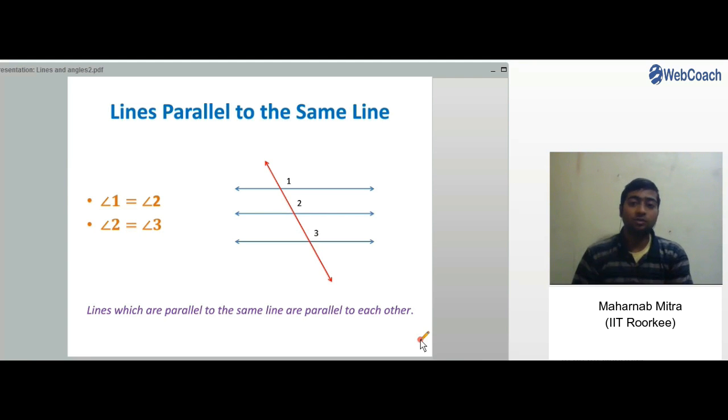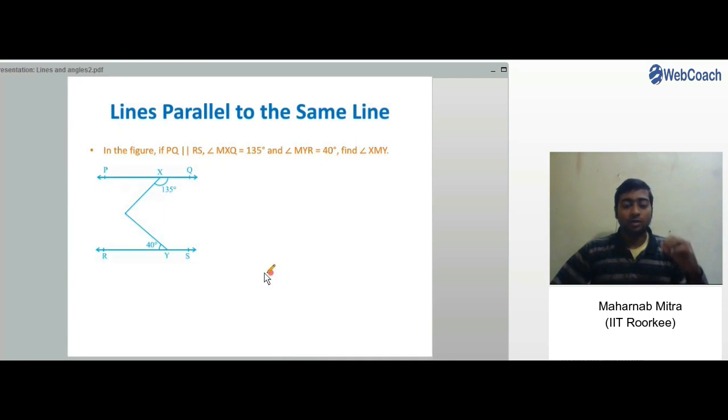And in this way we can extend this rule for any number of parallel lines given to us. So in this small example we have learned that for any number of parallel lines given to us, we can get the measure of all corresponding angles, or all the alternate interior angles, or all the alternate exterior angles, and so on,